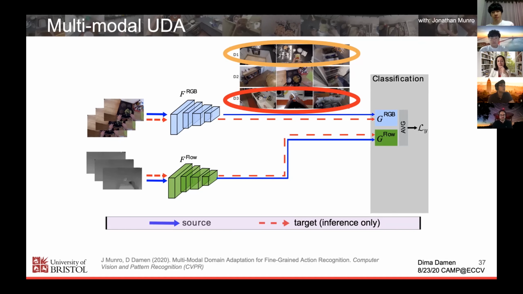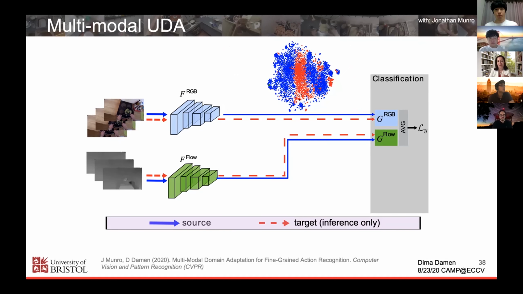Worse, if you look at the feature space, you'll realize that the feature space is completely separate between these two kitchens, right? So where the source is, which is kitchen 1, and the target, these don't overlap. This is a known problem. This is a domain gap, right? Because you're learning in a different environment.